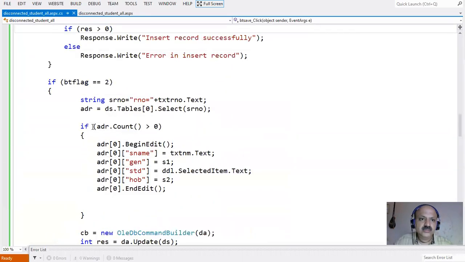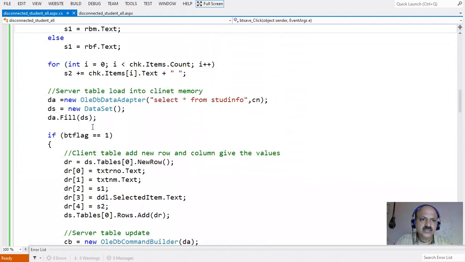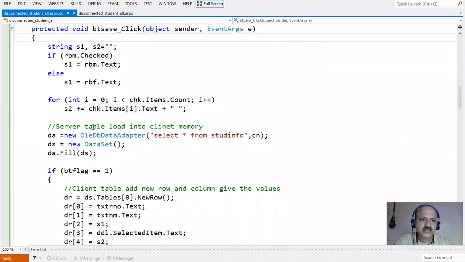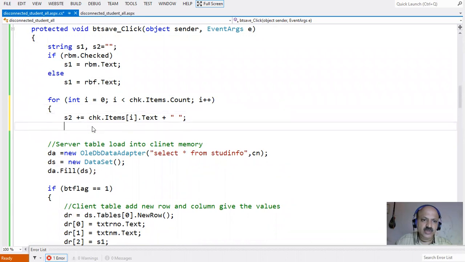So yes, insert, selected. Yes, so here in the for loop in the save button, we concatenate into S2, but only the hobby we select should be concatenated.